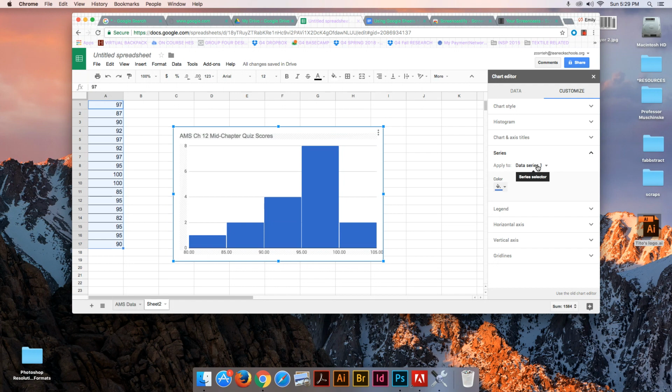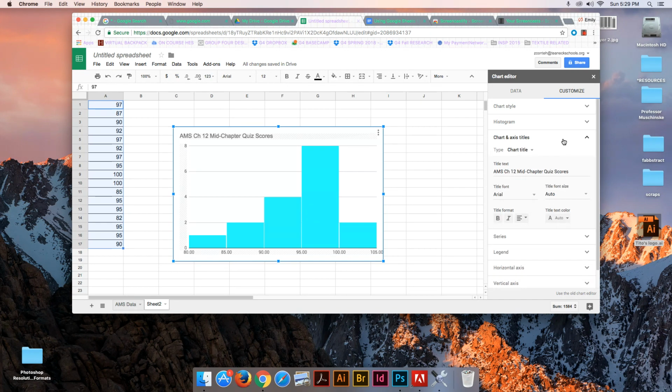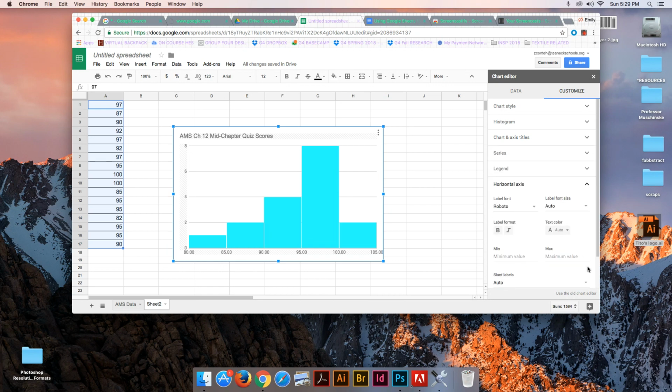So data series 1 is what you're looking down here at the bottom. I could change the color if I wanted to. I could change individual colors. So that you can play around with a little bit. We definitely do need to have the axes labeled. So let's go horizontal axis, and let's make sure that we have